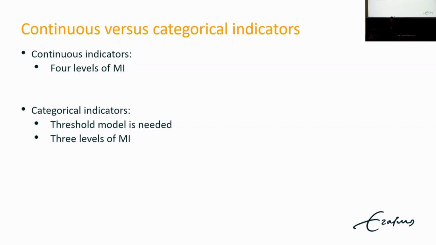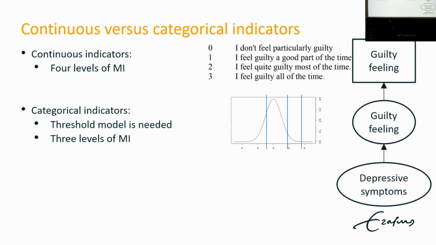So typically, if you can treat your indicators, so your observed variables, as continuous, then you are dealing with those 4 levels of measurement invariance, like we discussed. But if you have categorical indicators, there's an alternative model that you might need to use, which is called the threshold model. And then you can only test for 3 levels of measurement invariance. Basically,